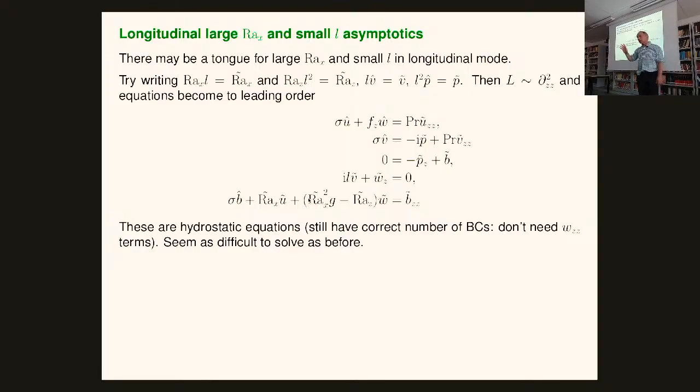The good news is, when you first see these equations, you go, oh my goodness, this is bad, bad, bad, because I've lost the viscous term on the right-hand side, and therefore it's going to break all of my solvers, because they'll expect viscous terms everywhere. But it's okay, you don't need this viscous term. If you think about this as a shooting problem, you see that actually that's completely irrelevant. The only viscous terms you need are the shear terms. So you can solve that, but it's not clear it's going to give us everything new.